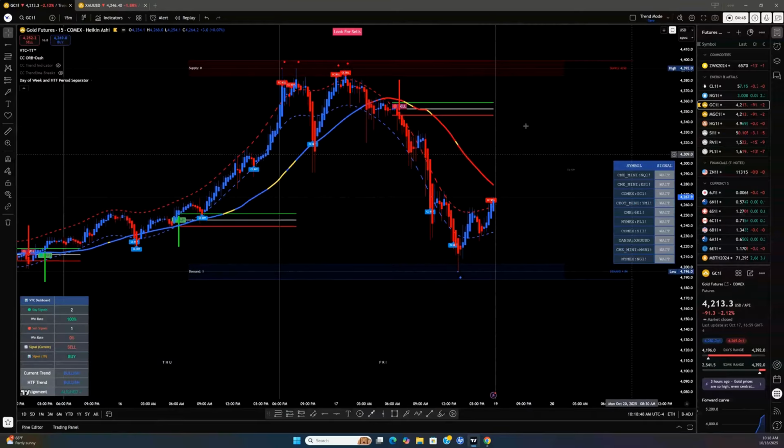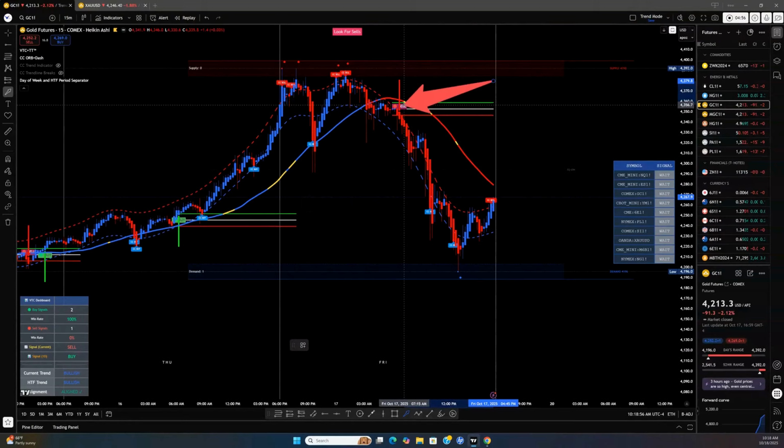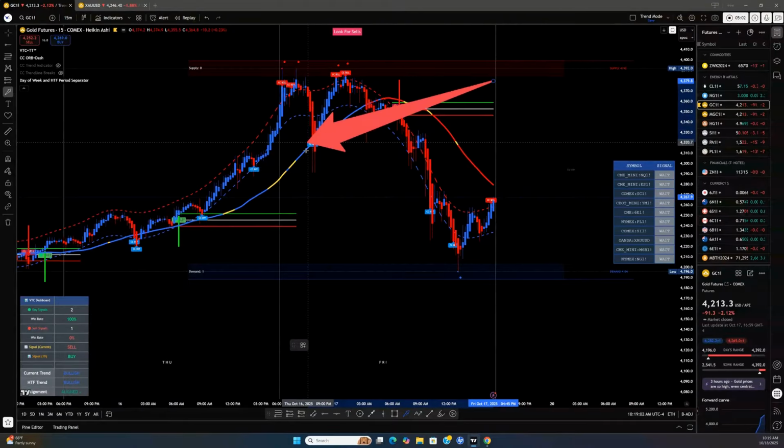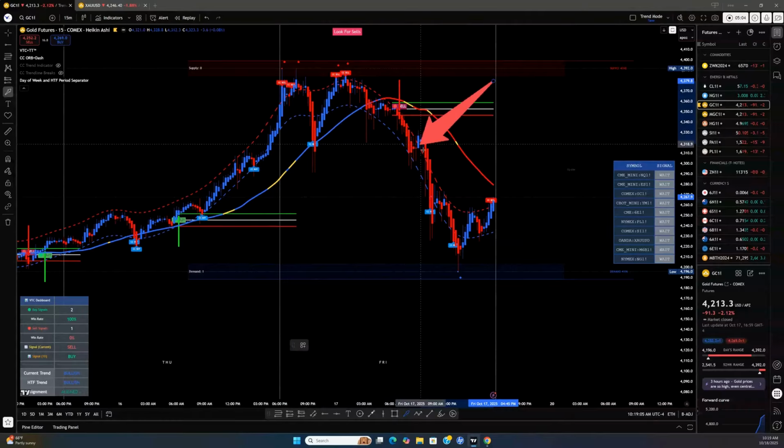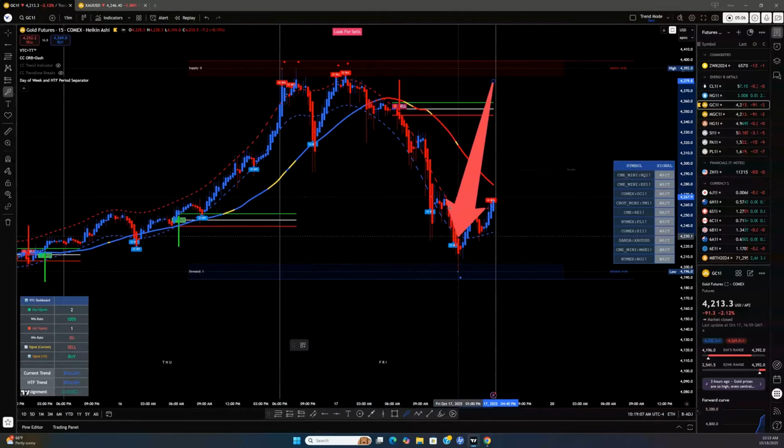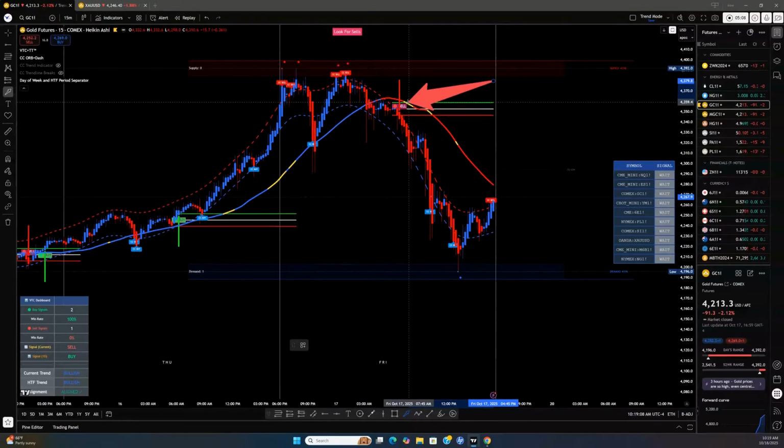All right, so here on the 15-minute on gold, we had a breakout to the downside. The 1 hour was bullish, but again, we were at this higher time frame. It created an M pattern, and then price sold off here on Friday. Okay, so sometimes you're going to catch